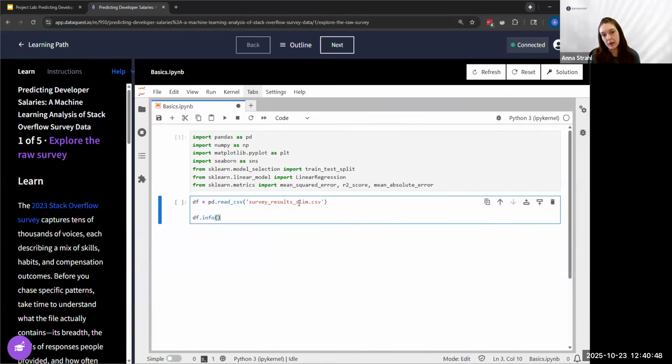But you'll notice here that it says slim. The original data set includes almost 90,000 rows of information, which is too many to work with in a very quick way. So to keep things streamlined for you, we removed about half of the rows and about half of the columns from the original data set